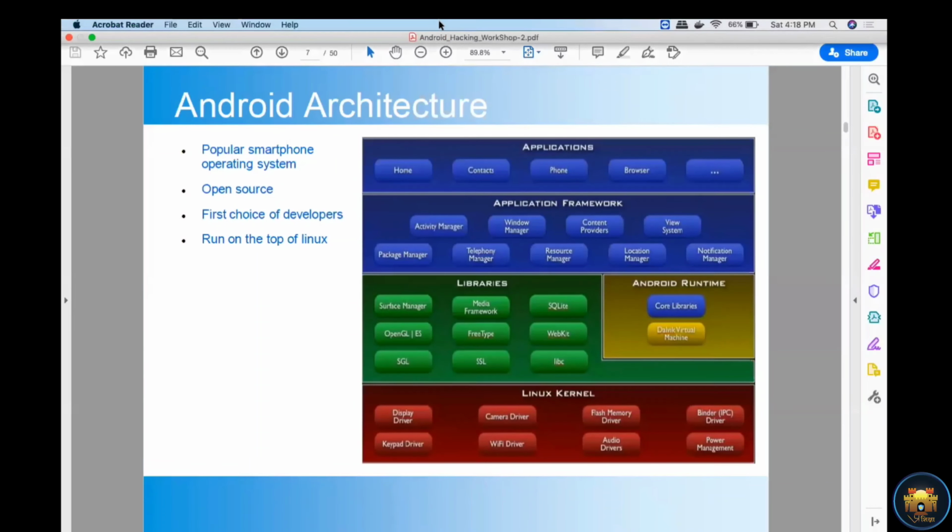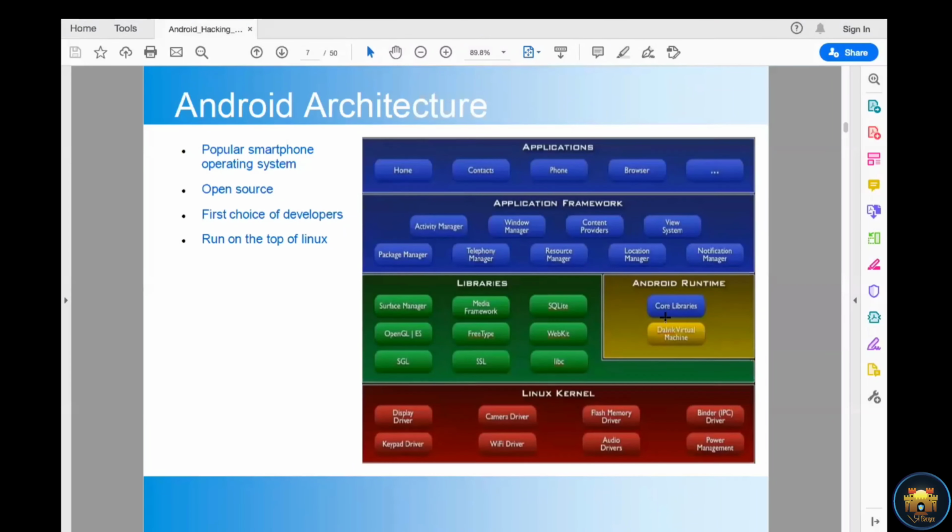When we talk about decompilation of binaries, you will understand why we call it Dalvik virtual machine or Dalvik bytecodes.